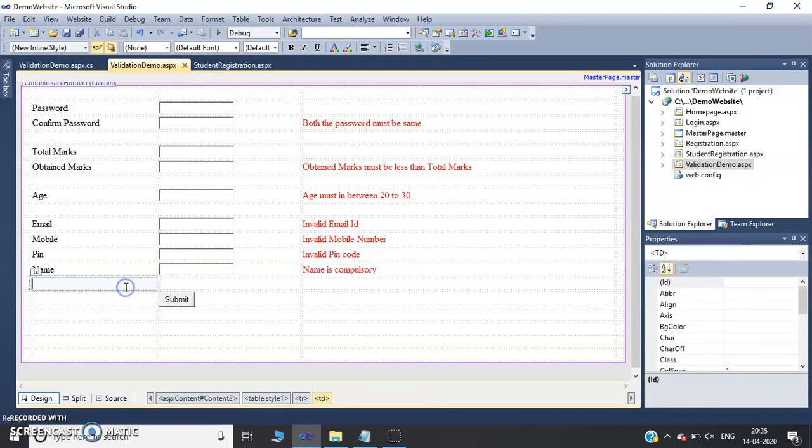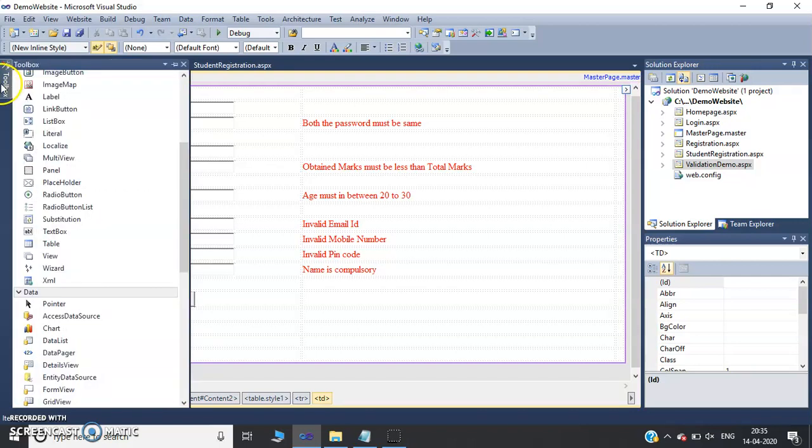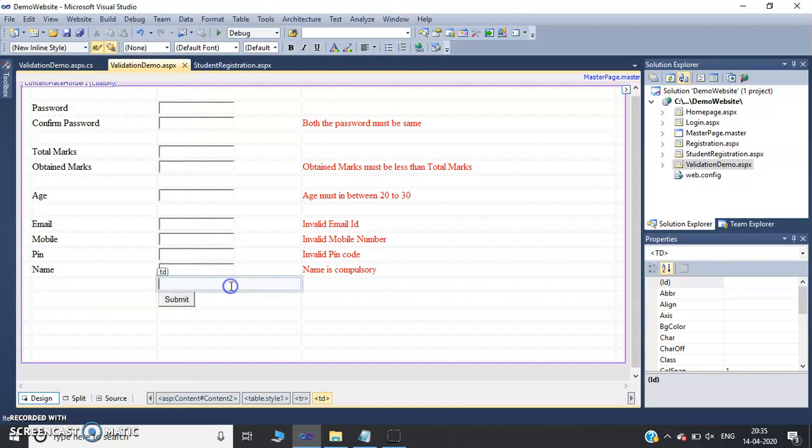The last remaining validation control is the custom validator. Usually we can cover almost all the facilities by using the four validators, but more than this you can use another validator, that is the custom validator. Custom validator is basically used for special kinds of facilities.